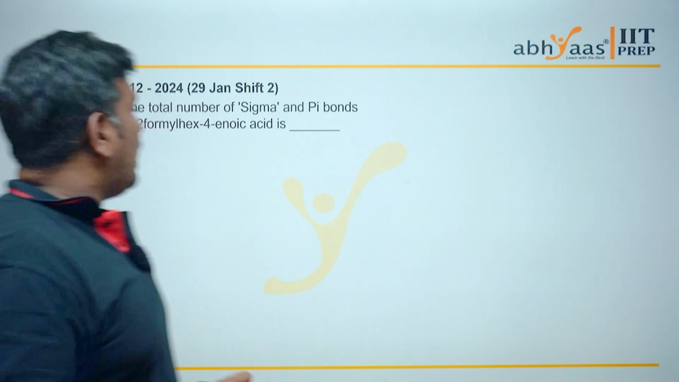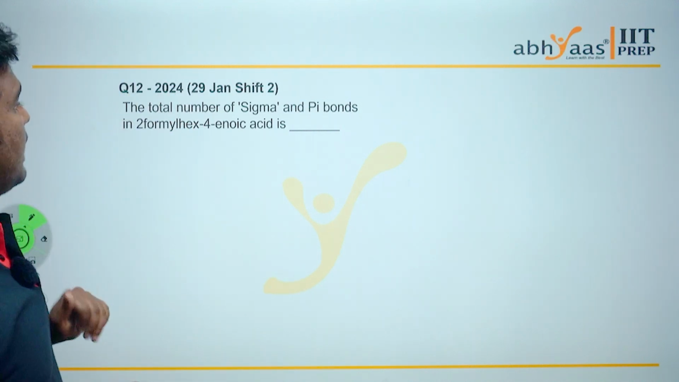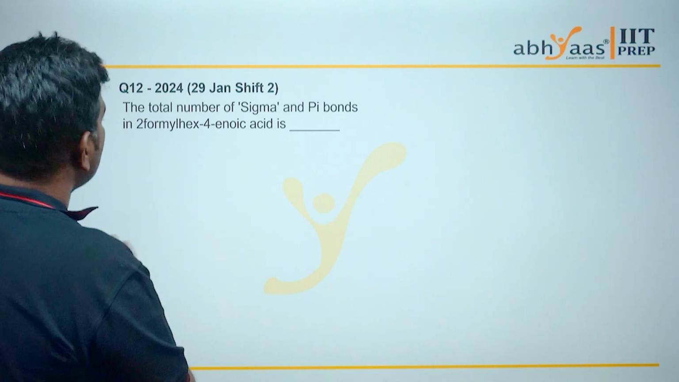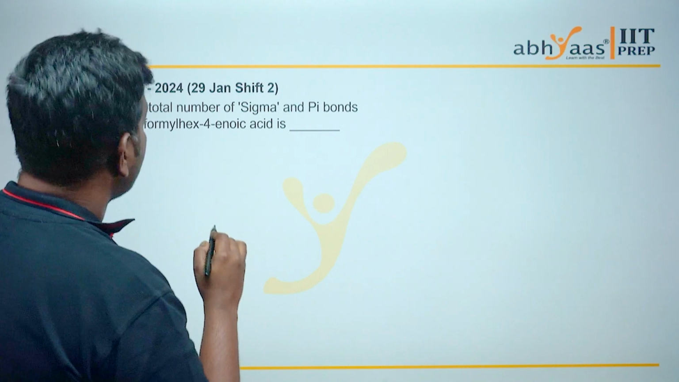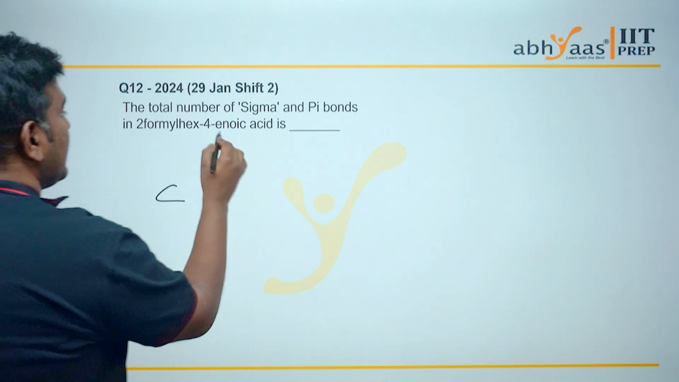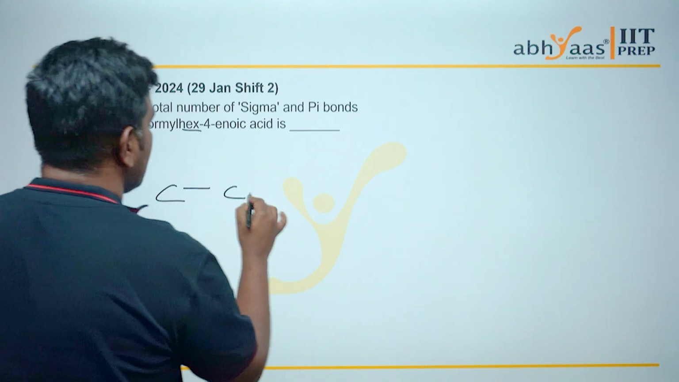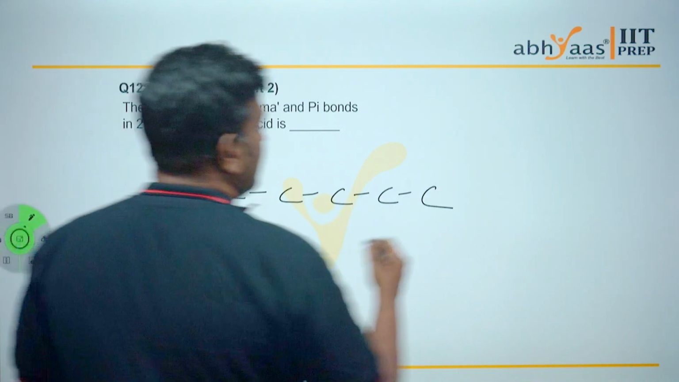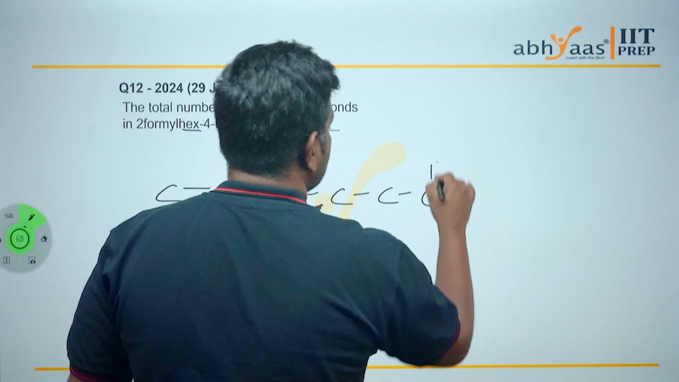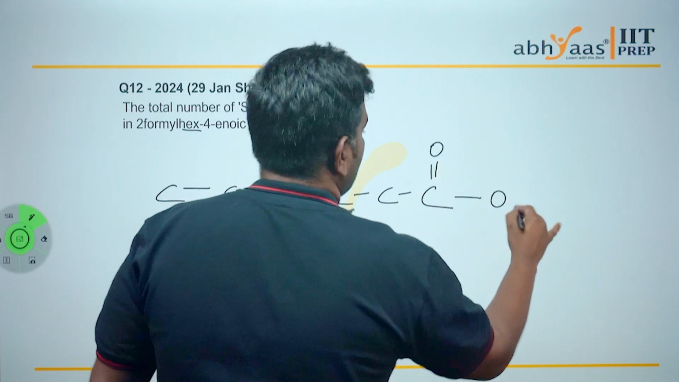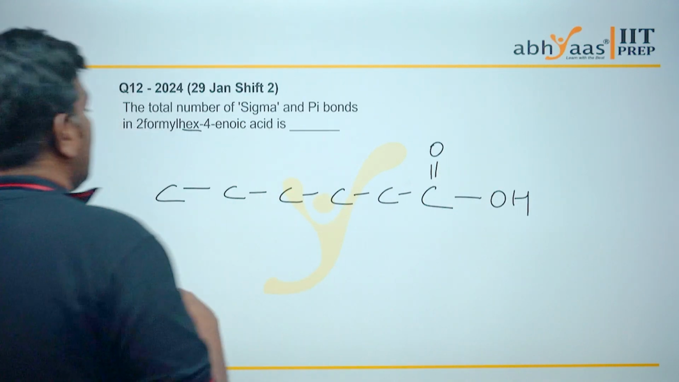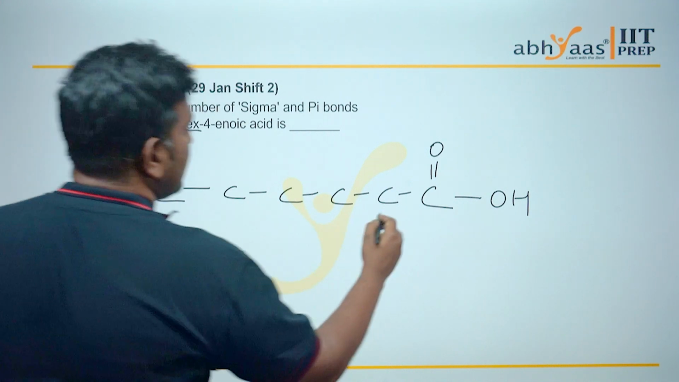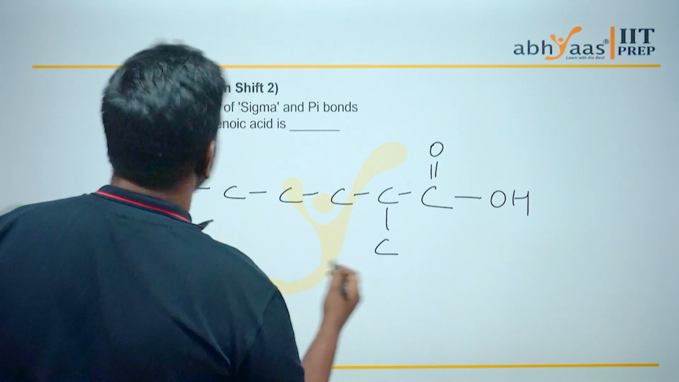So in this question, we have to find out the number of sigma and pi bonds. So first of all, we will draw this structure. It is 2-formyl hex-4-enoic acid. As it is hex, we will go for 6 carbon atoms, right? And you have to have this acid group. Then we are having this particular formyl group coming on the second carbon